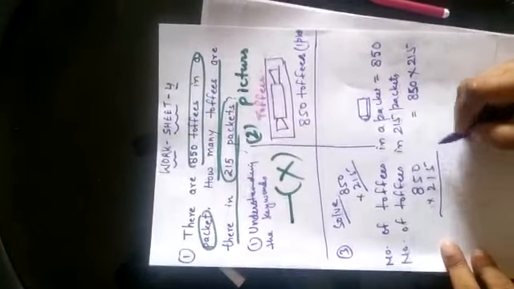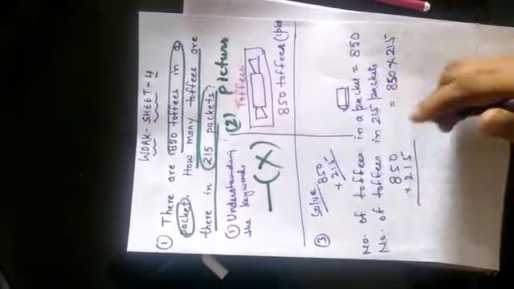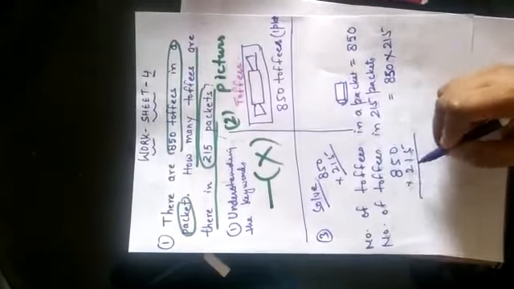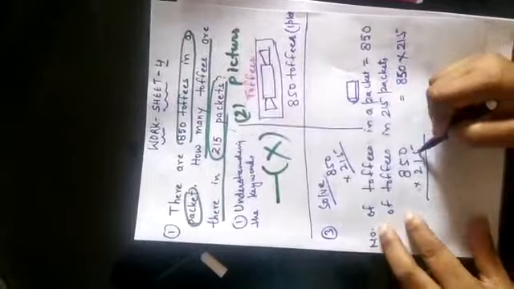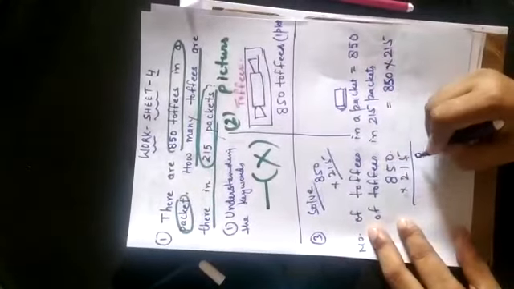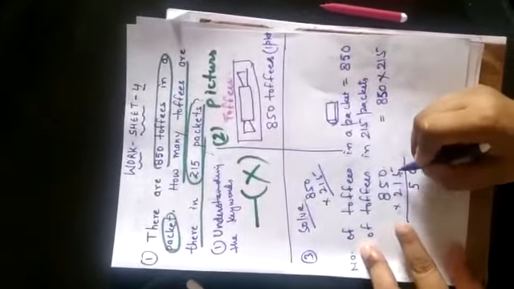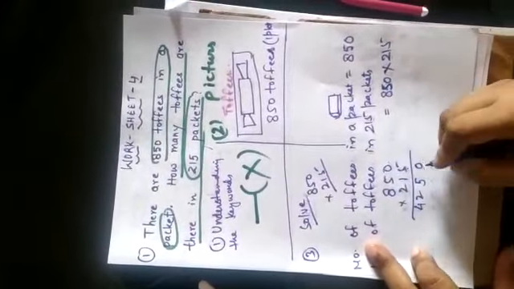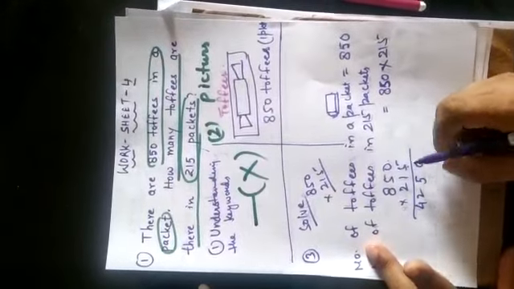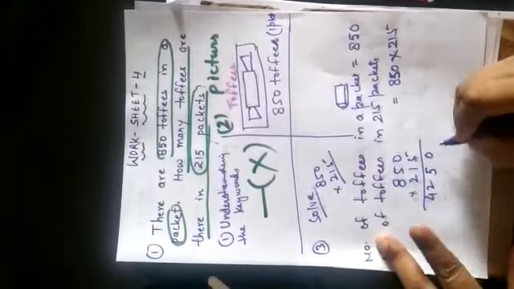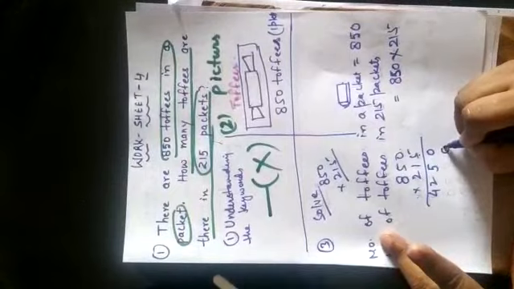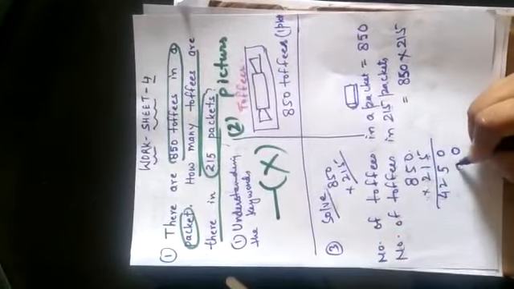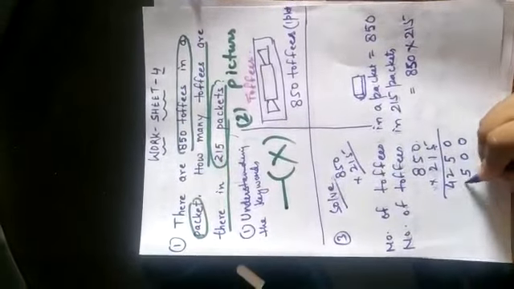Now we start from the first step, as I have told you in an earlier session. We start with the ones of the multiplicand, which is 850; the multiplier is 215. So let's start with 5 ones. 5 zeros are 0, 5 fives are 25, 5 2 carry over, 5 eights are 40 plus 2, 42. Now comes the 10. 10 has one 0, so according to the property of multiplication, that 0 will be kept on the right side of the product. Now let's start the multiplication. 1 zero is 0, 1 five is 5, 1 eight is 8.